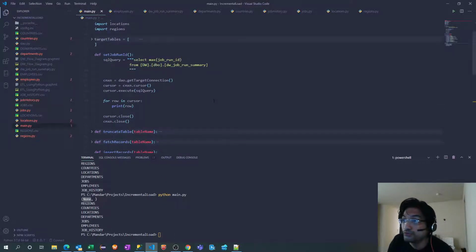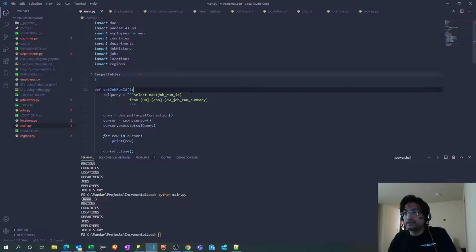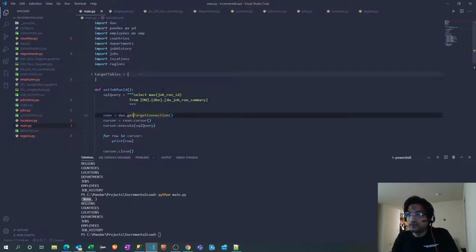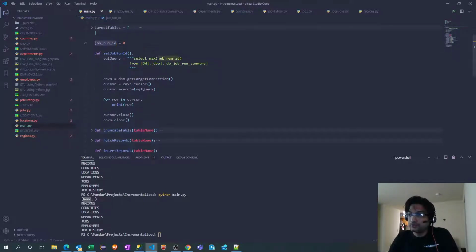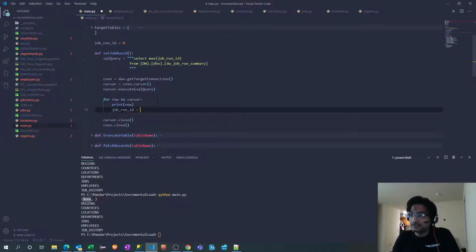Okay, so for the very first time, I will declare another variable, because our ultimate aim is to initialize this variable. So let me first initialize it outside the function, equal to 0. Now, if I need to initialize this, I will assign that row value to our job run ID.